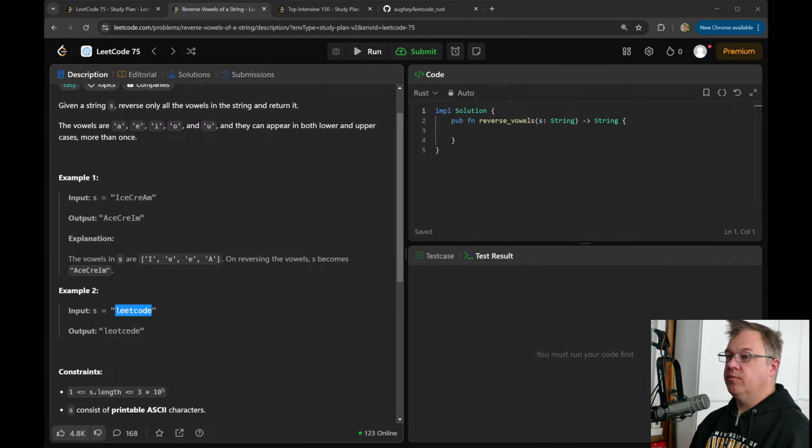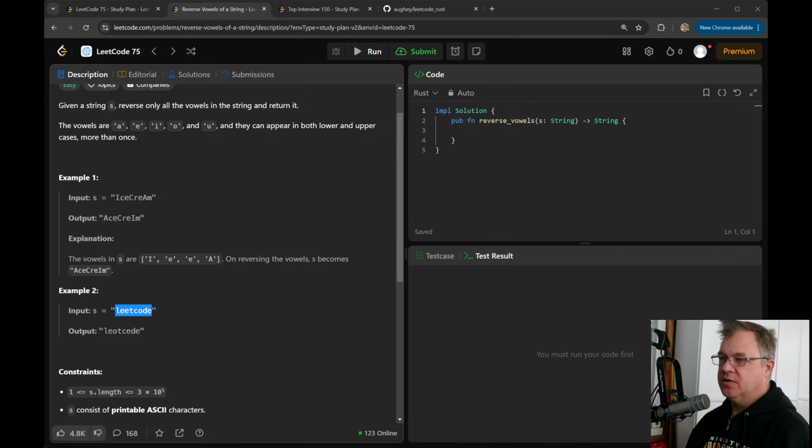No, I want to take the full thing. Reverse vowel indices. No, we just want the reverse vowels. We don't need to filter. Yeah, we can just map. Oh, we do need a filter. We want to filter if C is a vowel. Good. So these are all of the vowels in reverse order.